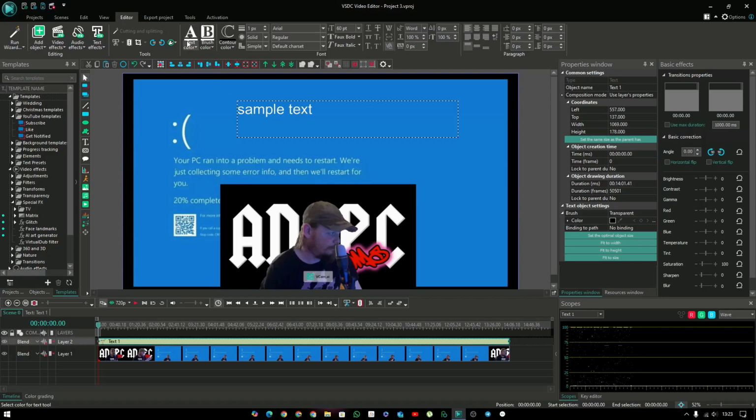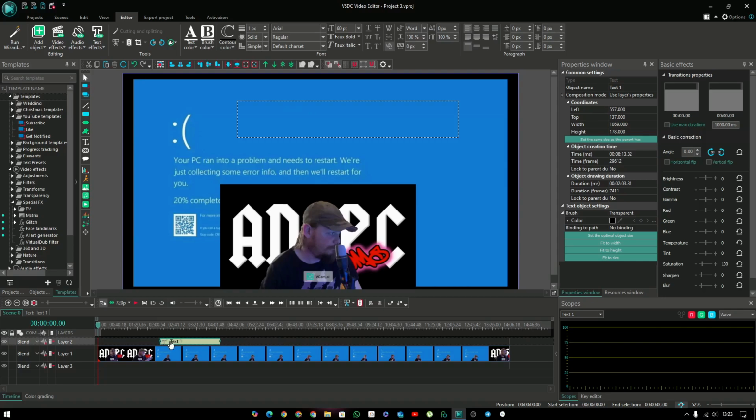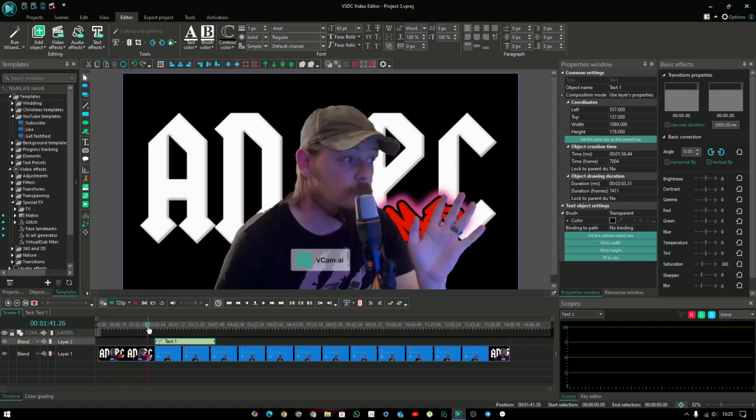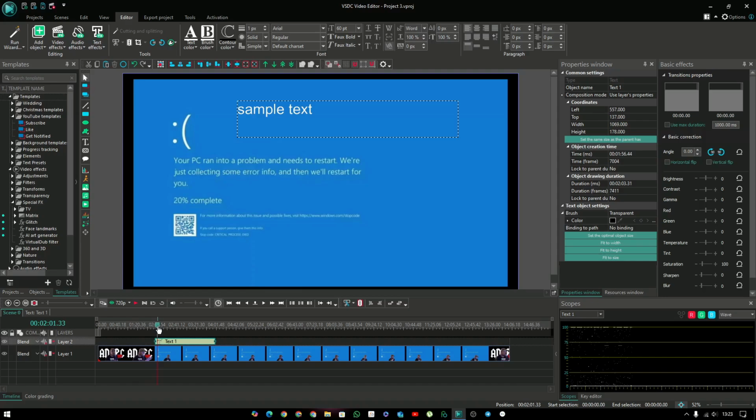edit all of this up here with the color, the brush color, the contour color. You can change the font size, italics and bold, and choose a different font and so on and so forth. And by grabbing these little boxes at the end here, you can change duration, and you can drag it along the timeline to anywhere in particular. So we'll drag it to here, and then we'll scrub along, and it comes up. And you can edit a lot of this here as well, and you can change the